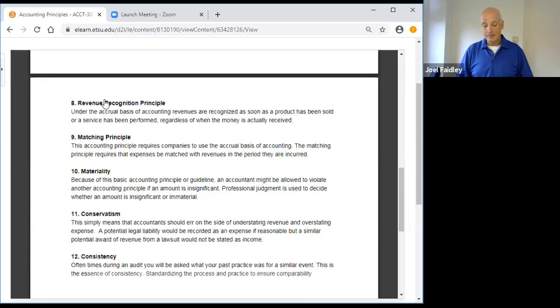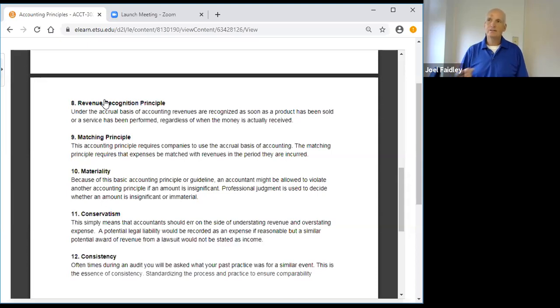And then number 9 there, matching principle, which is really chapter 13, which we'll talk about here in the next few days. Matching principle, chapter 13, you're matching expenses with the revenues that have been recognized. And that's really 95% of what accounting is, matching expenses with the revenue that you recognize. The accrual basis of accounting, not when it's paid, when it's actually been incurred as far as an expense. And on the other side, revenue when you've actually earned that revenue. So talk about the matching principle.